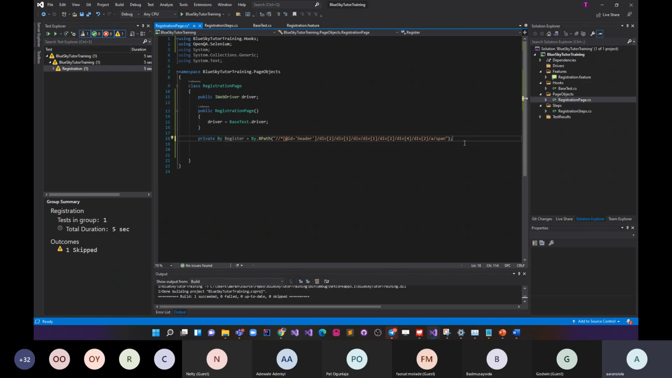Now we need to also write our method. Every time you declare the object, you need to write a method. Every time you declare the object, please write a method. Now it's showing gray for now. When we write our method, you will see that this will actually change color. So to write our method,